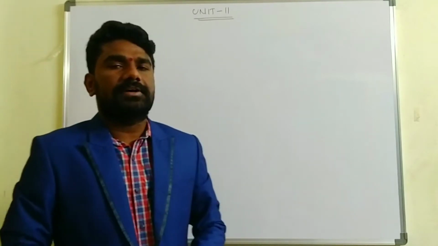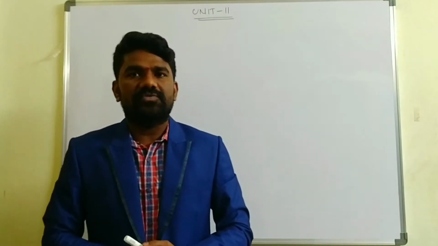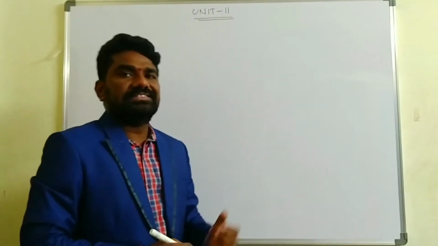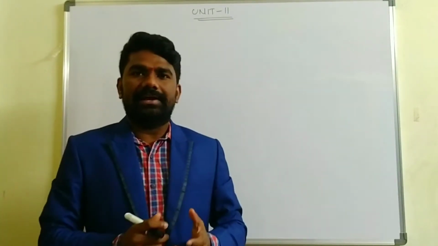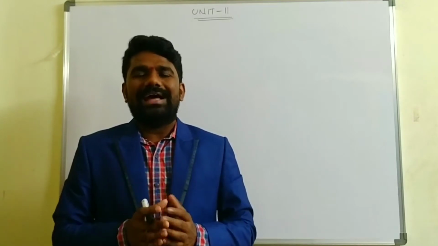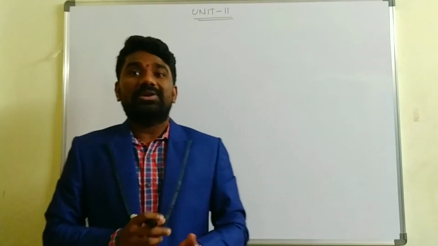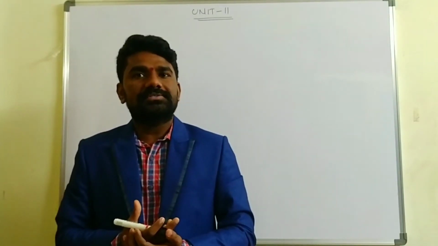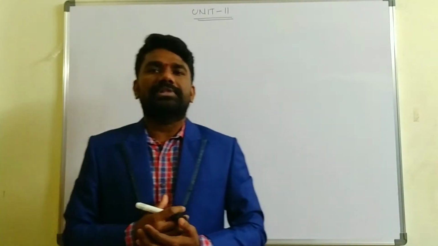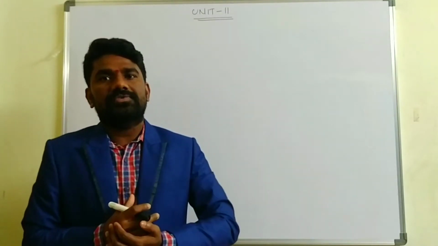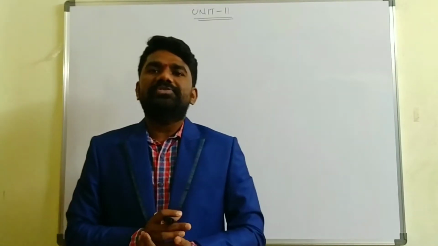We have been discussing Unit 2, that is Molecular Structure and Theories of Bonding. In the previous class, we discussed the introduction to the unit and the concept of atomic orbitals and molecular orbitals, and also bonding molecular orbitals and non-bonding molecular orbitals, isn't it? And also we discussed the LCAO method, that is the linear combination of atomic orbitals method. These things we discussed in the previous class.